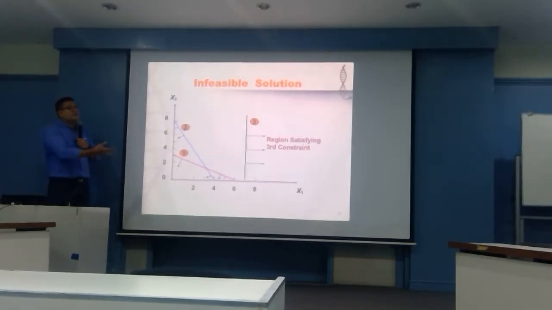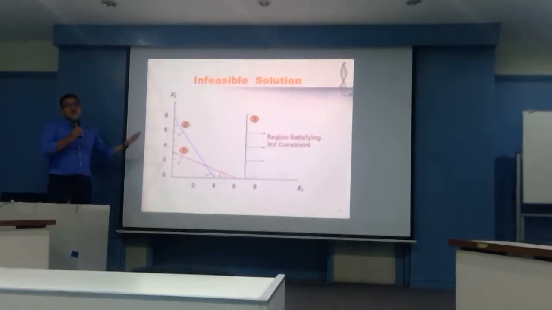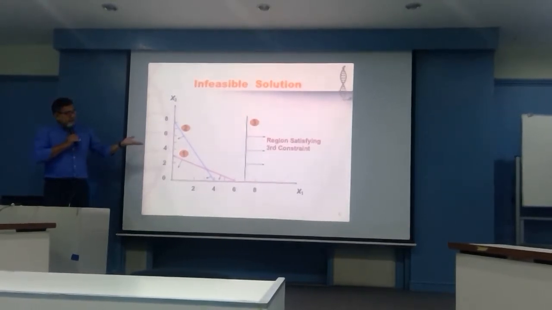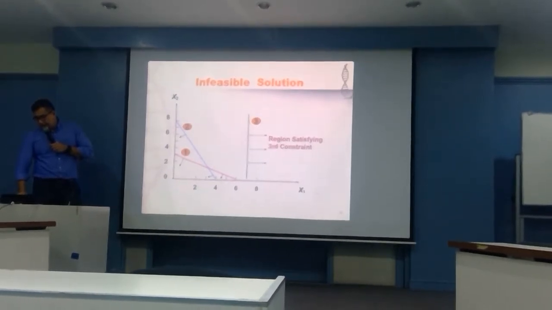Because there is no area that is the intersection of all constraints here, you cannot find a feasible area. If you cannot find a feasible area, it means that there is no possible answer. So we call it an infeasible solution. There is no possible answer in this case, because you cannot find a feasible area. Okay? And the last one,